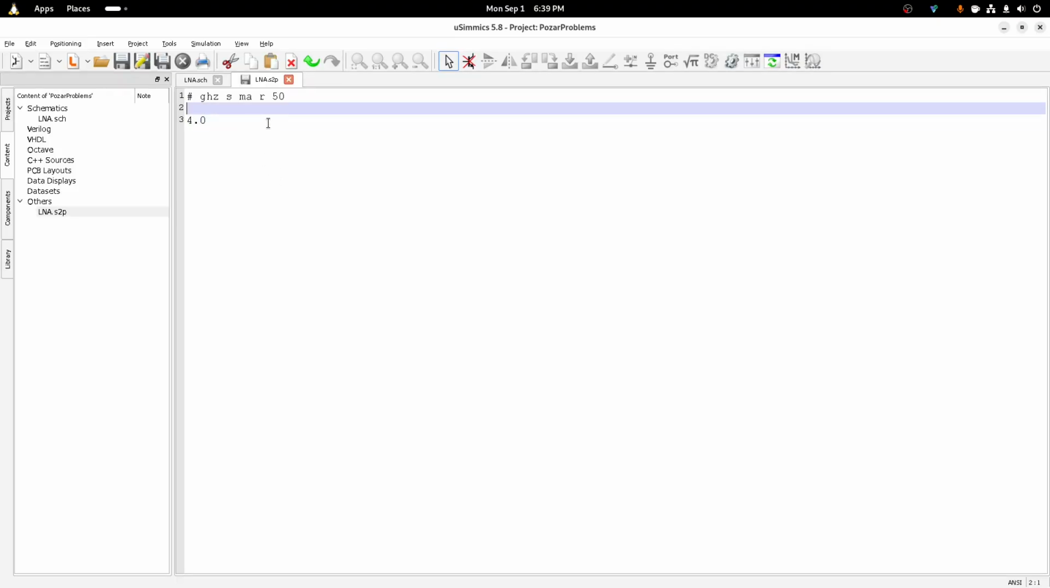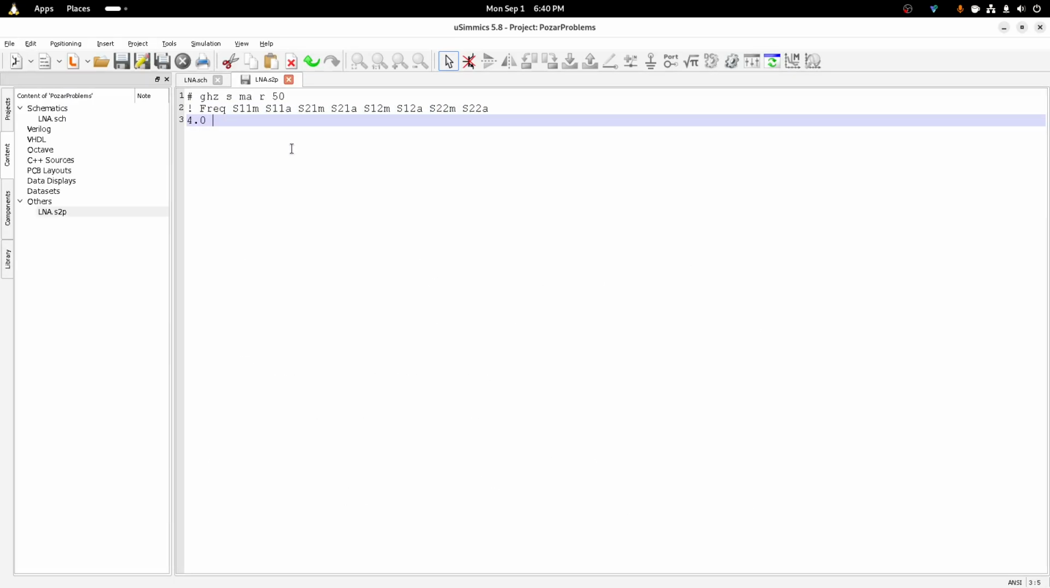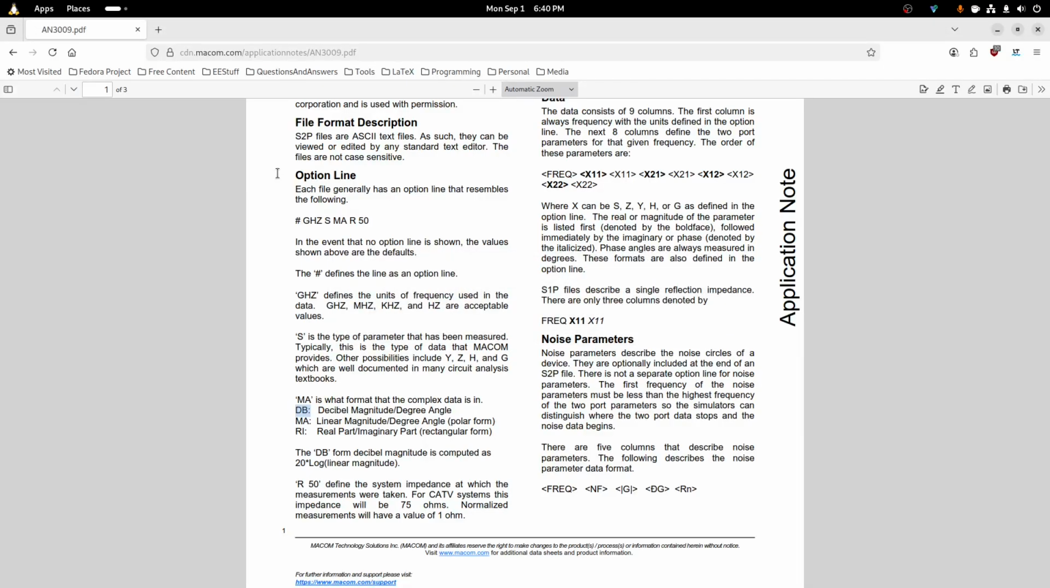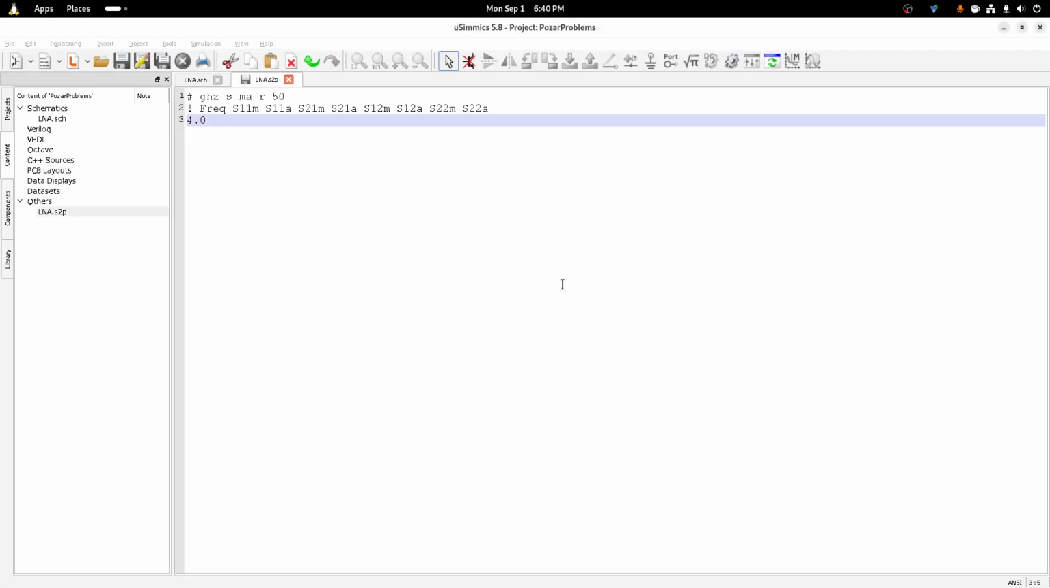And then the way this is, exclamation marks are comments. So it's going to be freq, S11 mag, S11 angle. And that is the way it is done. So we have 4.0, whoops, wrong tab, 4.0, so we got 0.6, negative 60,